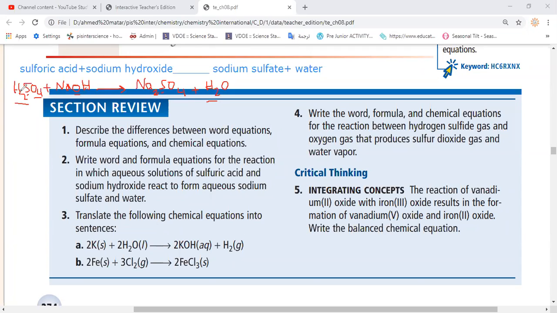But there is a problem in the hydrogen. Here we have 3 hydrogen on that side, here 2, and here we have 1 sodium, and here 2 sodium. So we need to balance. What should we do now? Here we have how many sodium? Just 1 here, and here 2. So in that case, we're supposed to put 2 on that side. So we have 2 sodium and 2 OH, which means